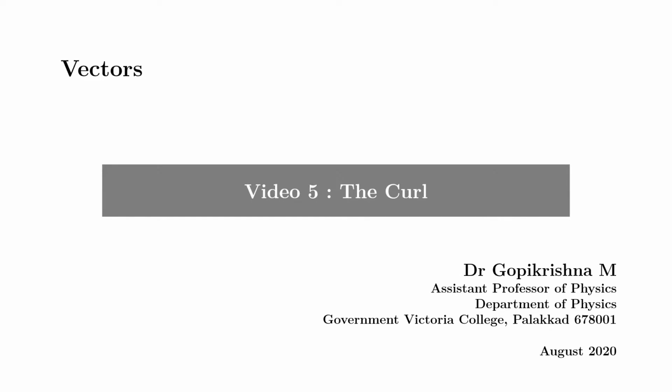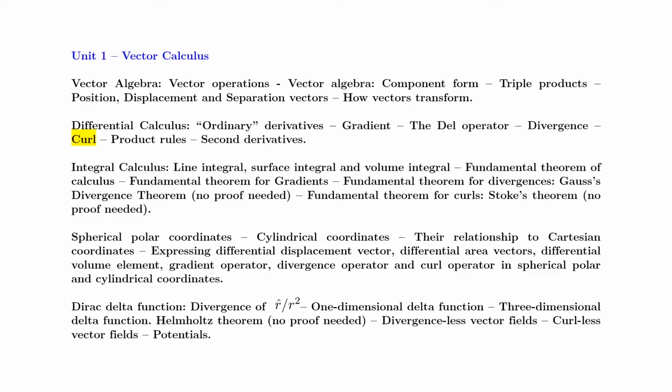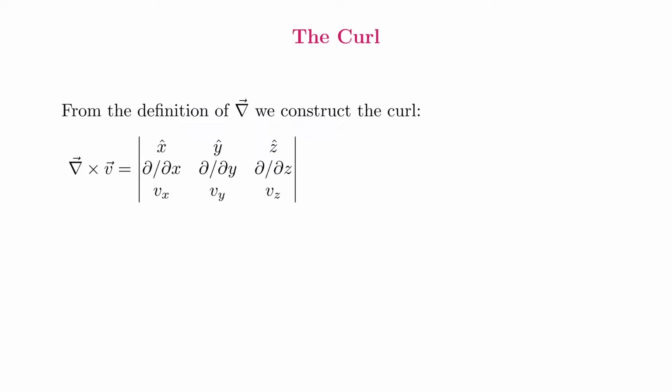The curl of a vector function. From the definition of del, we construct the curl of the vector field V as del cross V equal to the determinant of x cap, y cap, z cap; dou by dou x, dou by dou y, dou by dou z; Vx,